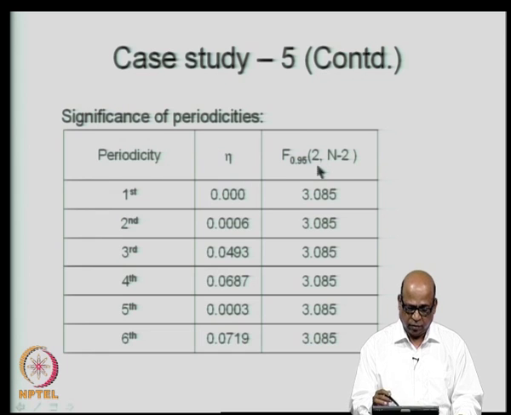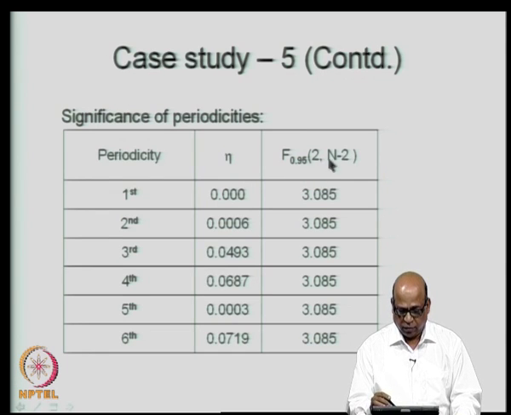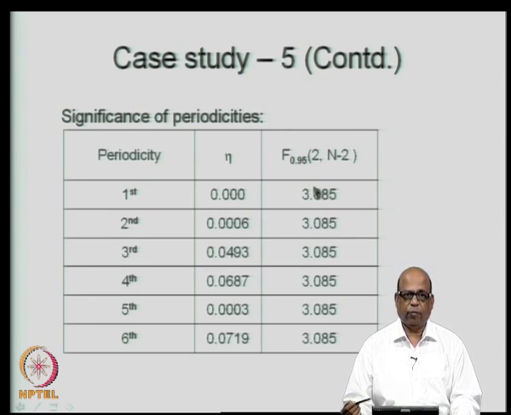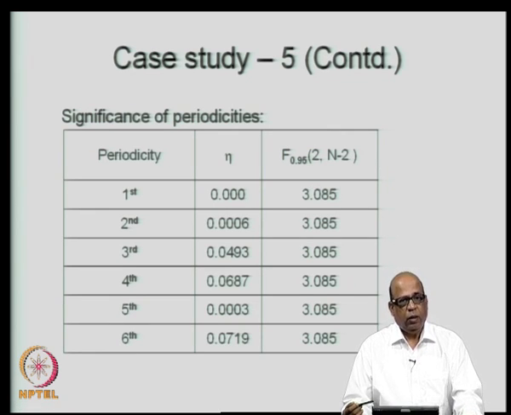compare them with the F statistic, in this particular case 2 and n minus 2. So, n is again 50 years of data, and then compare the eta value with the F distribution to ensure that all the eta values that you have are less than the critical F value, and therefore, it passes the test for periodicity. Then the last test that we do is for